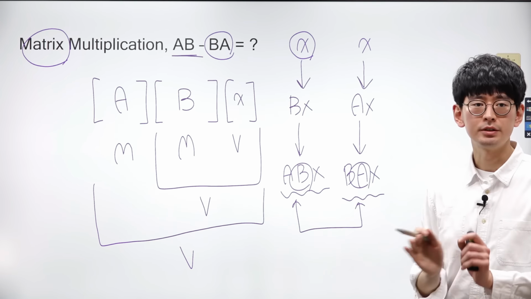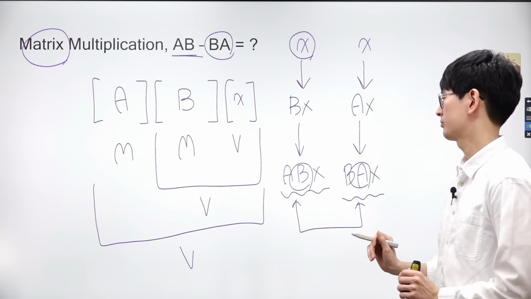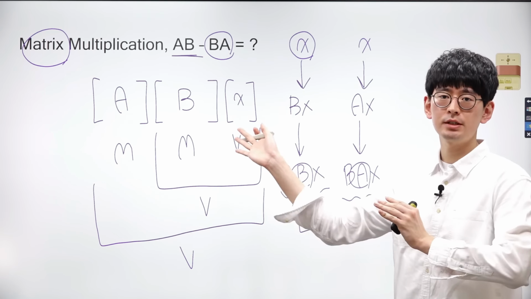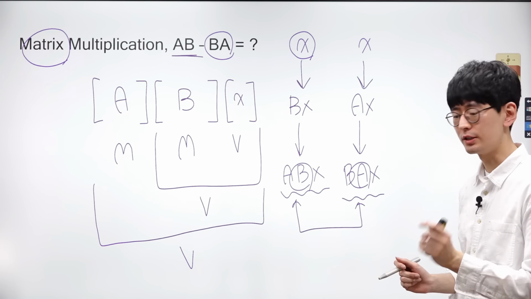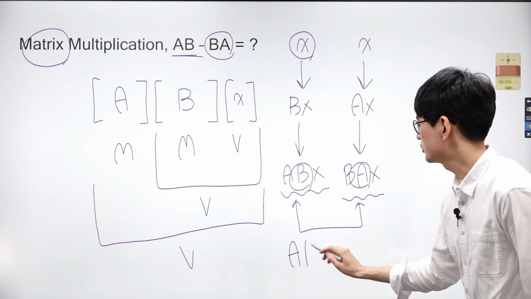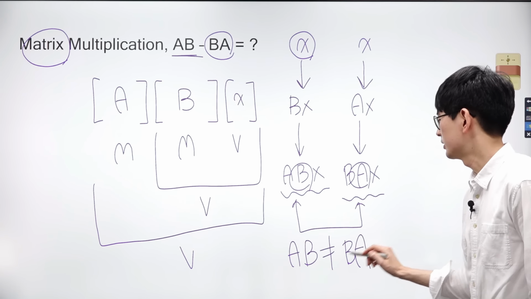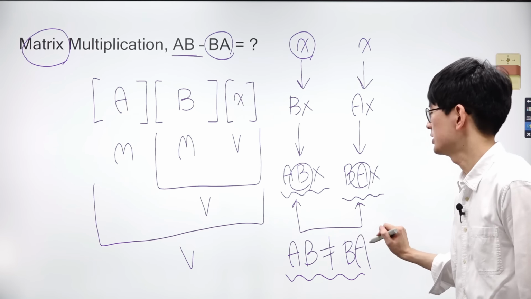Hence, the order of matrices in matrix multiplication is significant. For instance, rotating the coordinate space before flipping it could yield different coordinates compared to flipping it first and then rotating it. Once more, unlike general multiplication involving natural numbers, the order of matrices in matrix multiplication can yield different results.